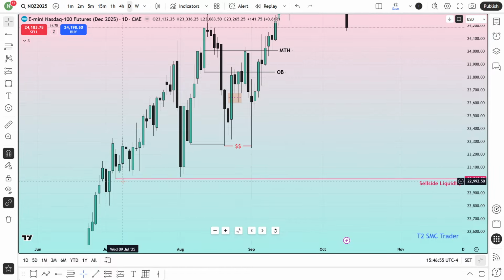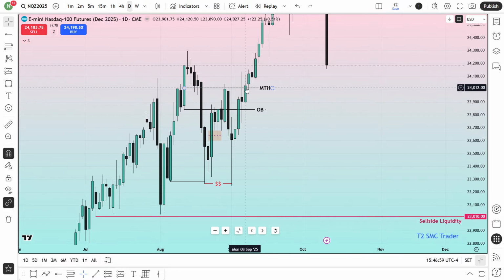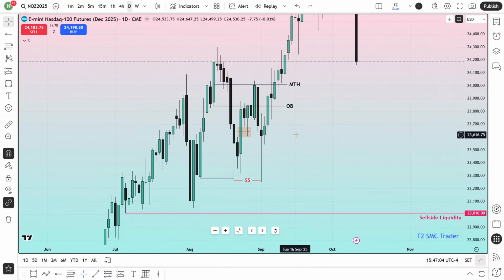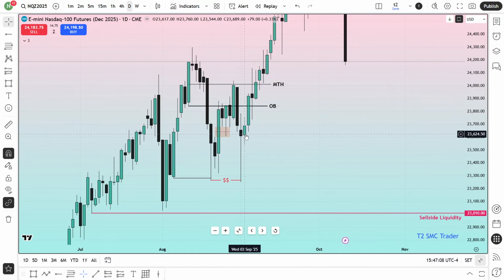But as I had this more sell side liquidity over here, I can't think about the buy until the body closes above this order block mean threshold. Very easy concepts. Try to understand that. Maybe you will be wrong. 1, 2, 3, 4. Maybe you are going to be wrong for 4 days, but you have to accept that.